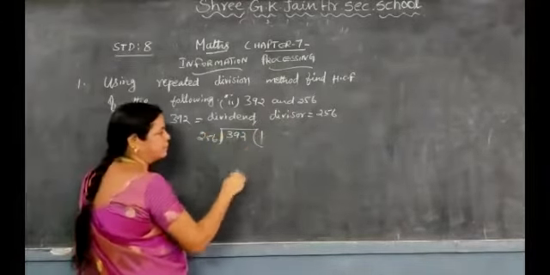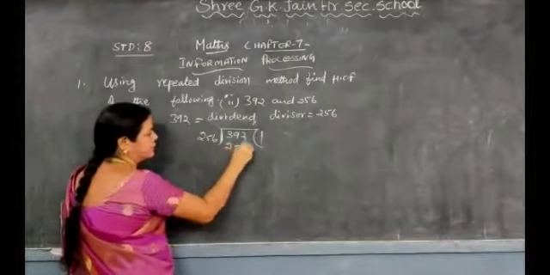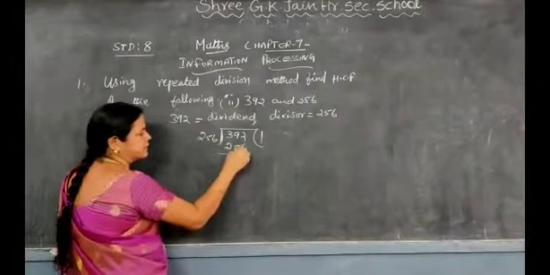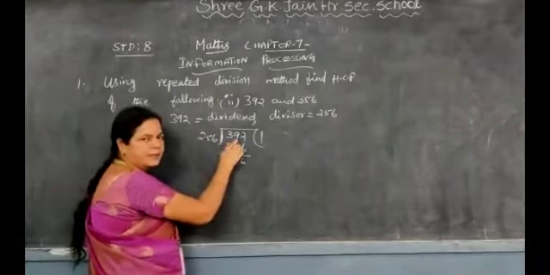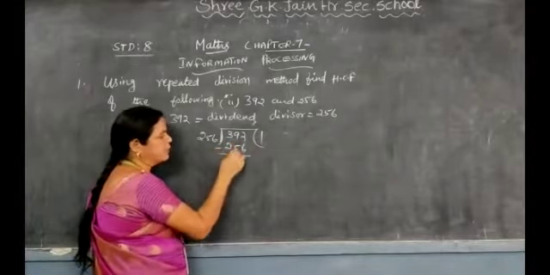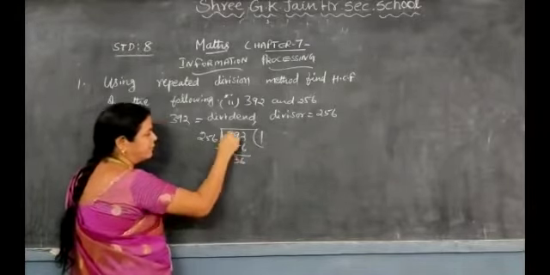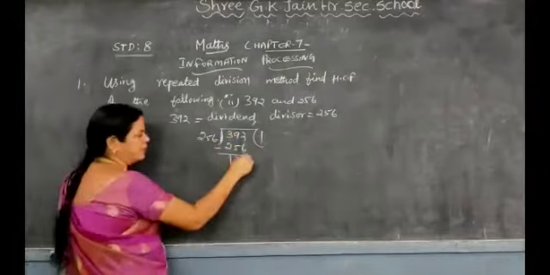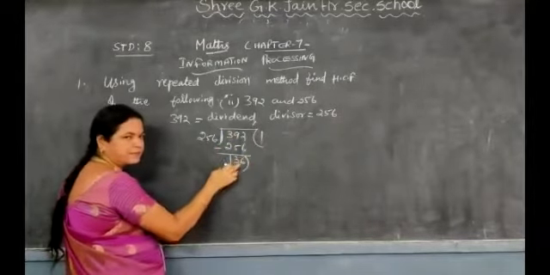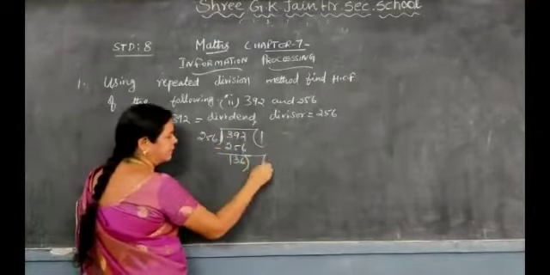How many times it will go? 1 time. So 256. So 12 minus 6, 6. Here how much? Remaining 8. So 8 minus 5 how much will you get? 3. Okay, fine. 3 minus 2 how much? 1. So this answer will become the divisor and the divisor will become the dividend.